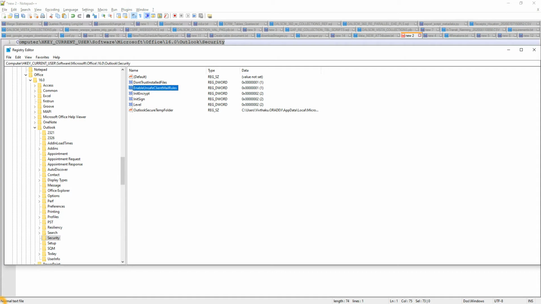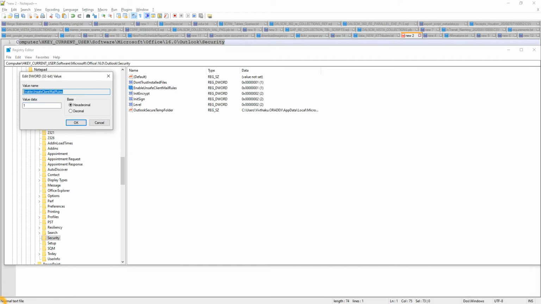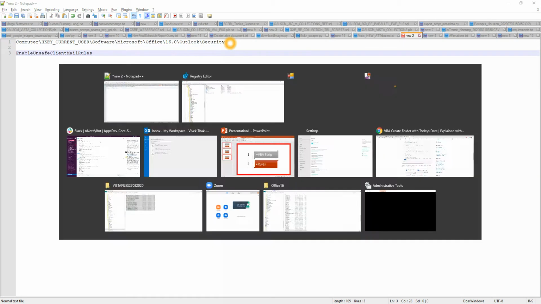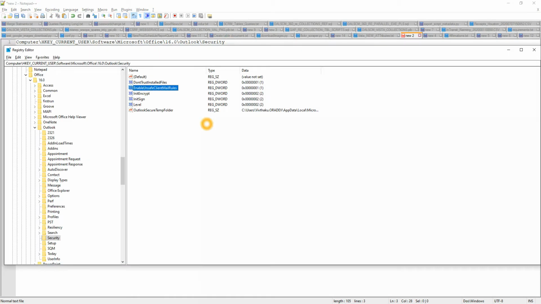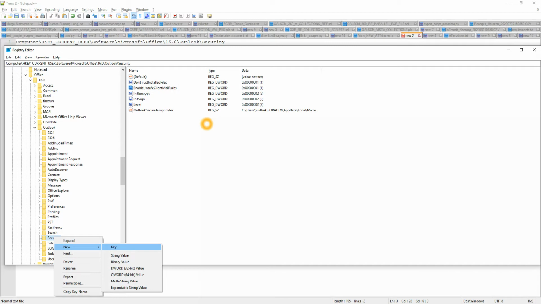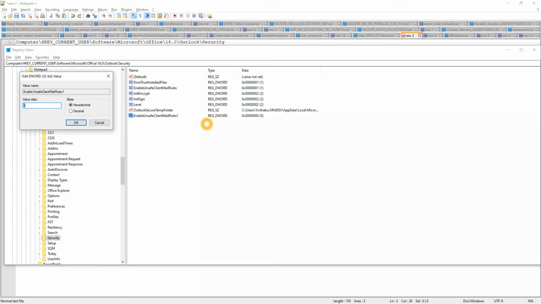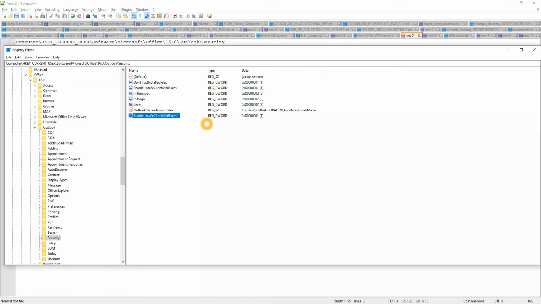How will you create this? Copy this particular name. Then do the same thing: security, new, DWORD, paste it here. I'm using 1 for now because we already have it. Then modify and put it to 1, and that's done.